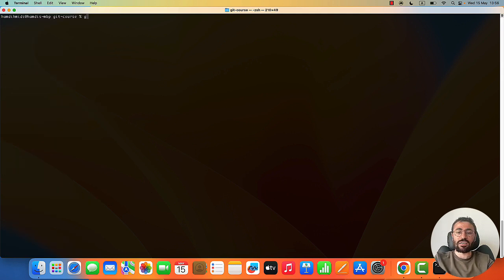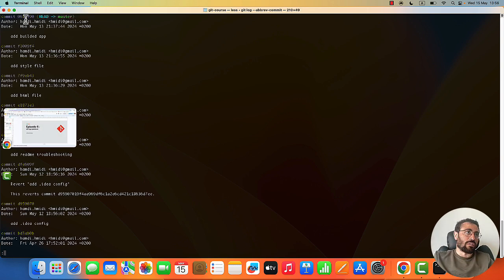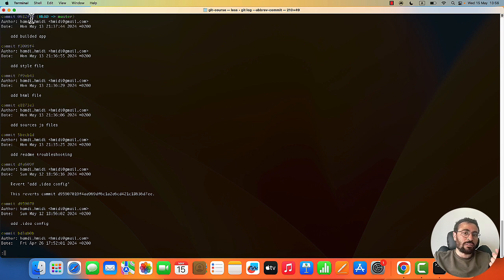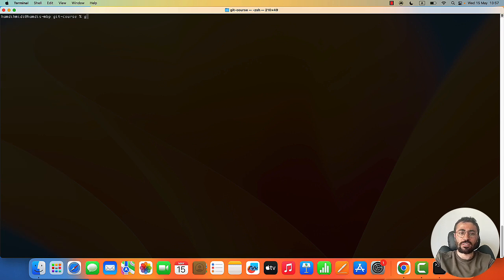We can start by running git-log with the option abbrev-commit. With this option, we will abbreviate the commit hash to 7 characters. Let's try. Here we remark that the hash is abbreviated and we have only a 7-digit hash. The second option is git-log with abbrev-commit